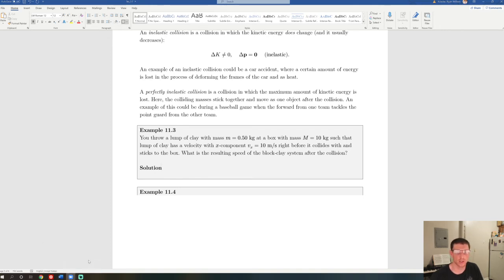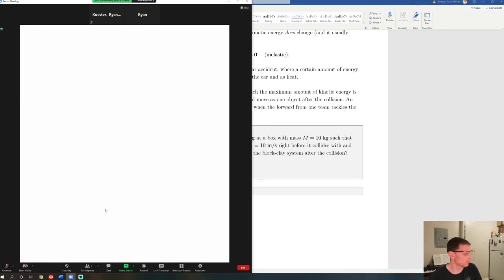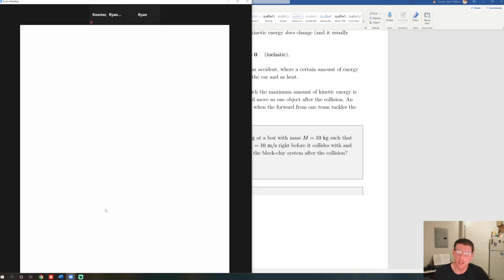We'll make a sketch here. I have a Zoom meeting open with myself, just so I can use the tablet on the whiteboard here. So let me just make a sketch of this, because I think that's going to be useful. And so when we're thinking about the initial momentum,